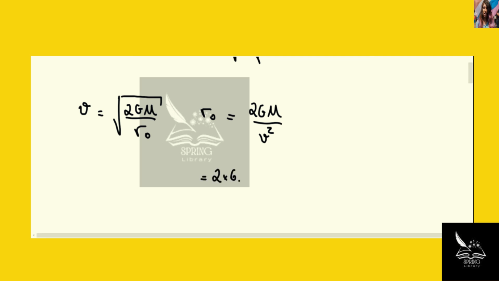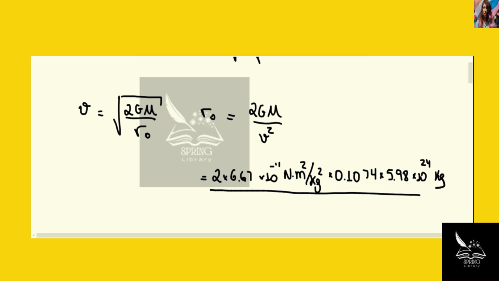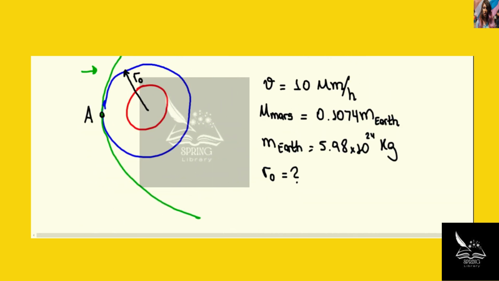I have 2 times 6.67 times 10 to the minus 11 newtons meters squared per kilogram squared times the mass, that's 0.1074 times the mass of the Earth, which is 5.98 times 10 to the 24 kilograms, divided by v squared. Now remember that v is 10 megameters, so this is 10 times 10 to the 6th, so that's 10 to the 7th